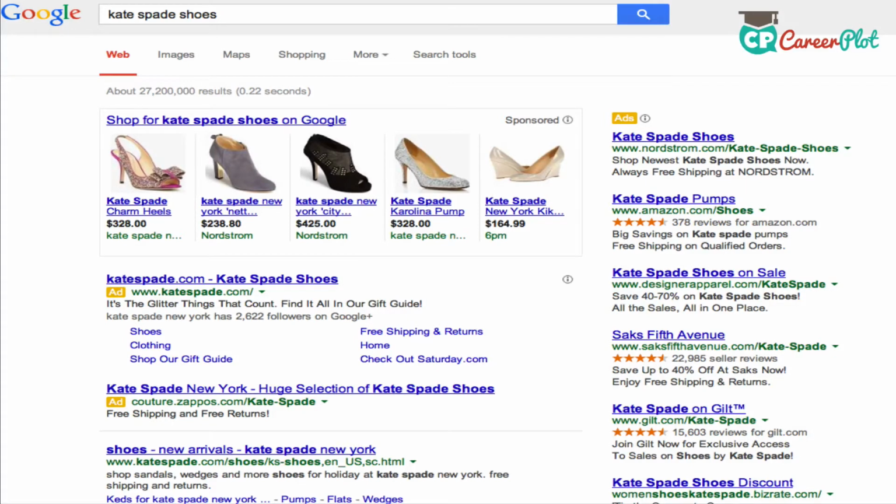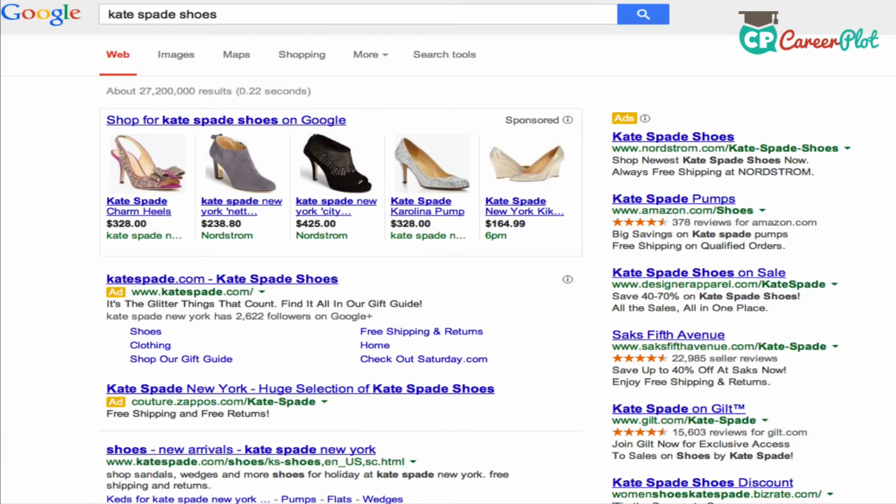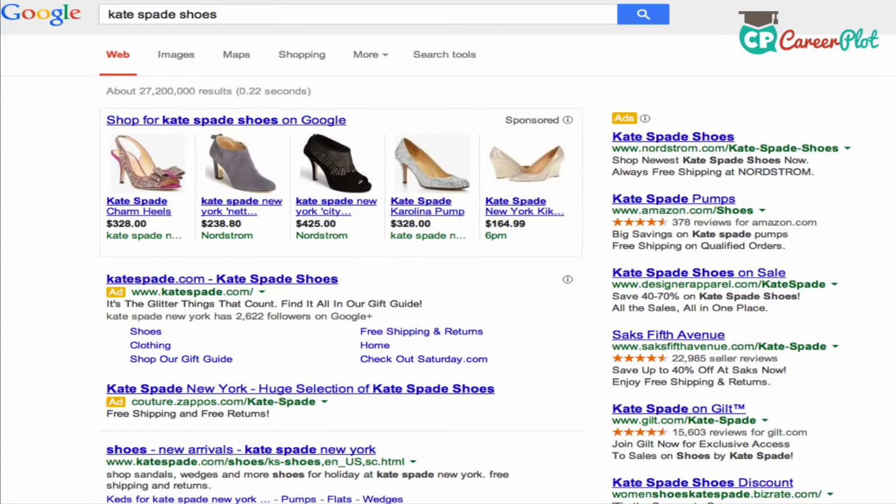First, it showed me all the kinds of shoes available with the images at the top from different online stores. Now, these shoes are available. If you click on the link, it will directly take you to the product page, and you can purchase the shoes on different websites. It's showing the name of the company if you focus on it. For example, the first shoe is showing as KateSpade.com. The second is showing as Nordstrom. Then it's 6pm. And then if you look at the links below, it's showing different websites also, like